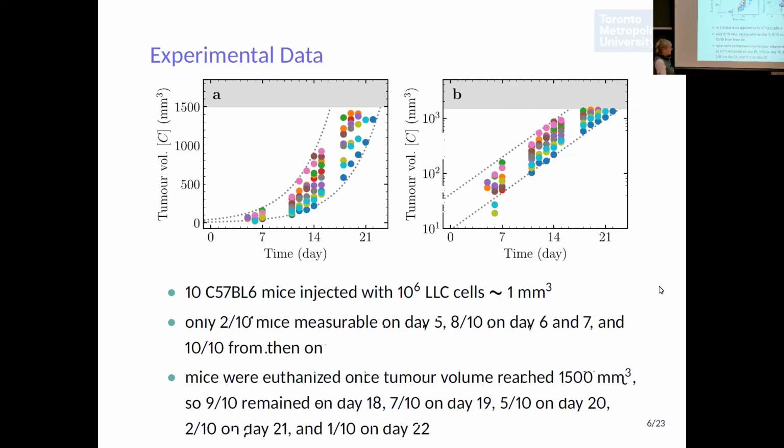What's interesting here, there are 2 things that are interesting. One is that, of course, not all the tumors are visible starting on the same day. So on the first day, I think only 2 mice tumors are visible. And then the next day you get more and more and more, until later on when all the mice have visible and measurable tumors, and then they die off sort of one at a time as well. So we have an incomplete set of data here and an incomplete set of data there that we'll be dealing with. And the second interesting thing is that this data set actually